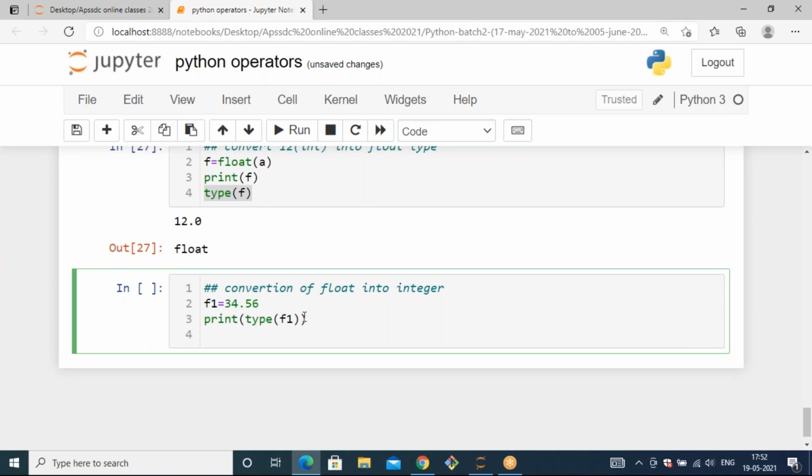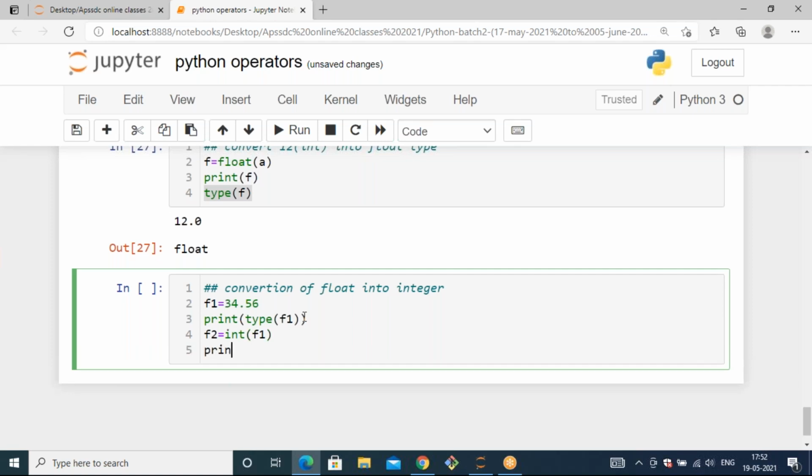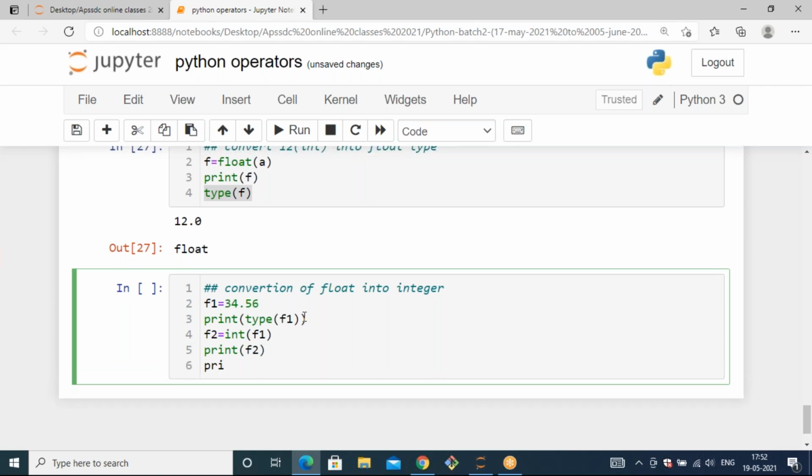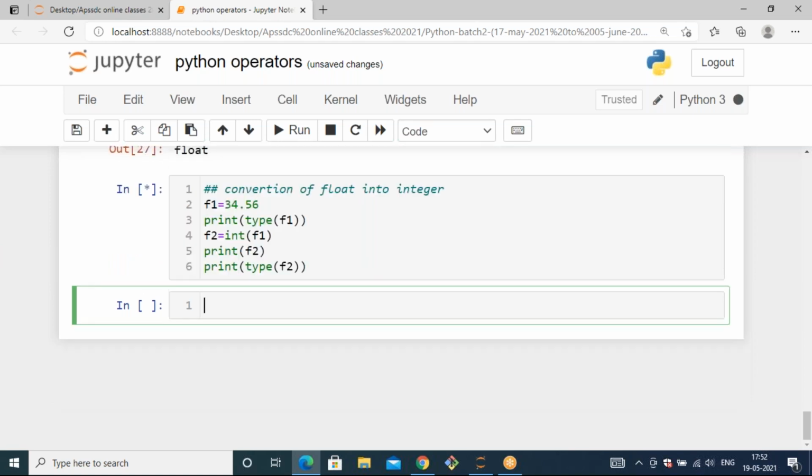So I can take some other variable like f2. f2 equals, I can mention that the conversion type here is int, so int of f1. Now let's print f2 and also print type of f2.